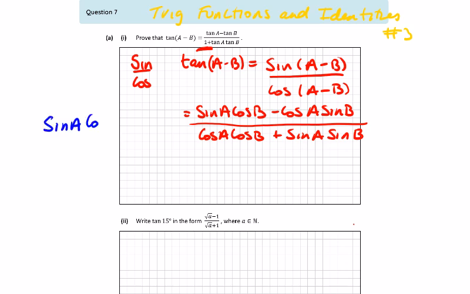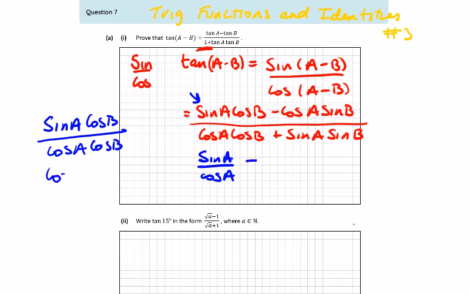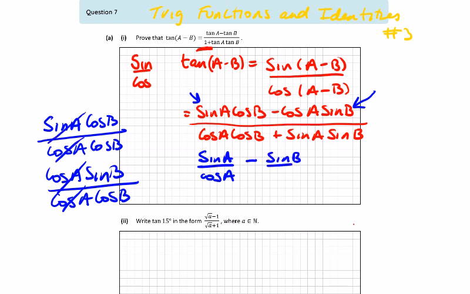Sine a cos b divided by cos a cos b. You should see what happens here. This position here is going to become sine a over cos a, which we know is tan a. Then we have minus, I'm dividing cos a sine b, this guy, by cos a cos b, and then we have sine over cos. You can see what's cancelling, so that's going to be sine b over cos b,